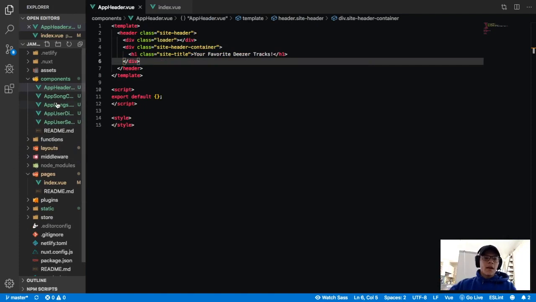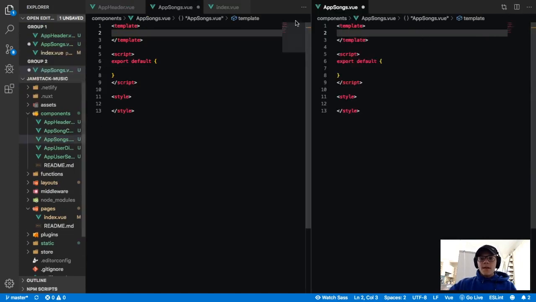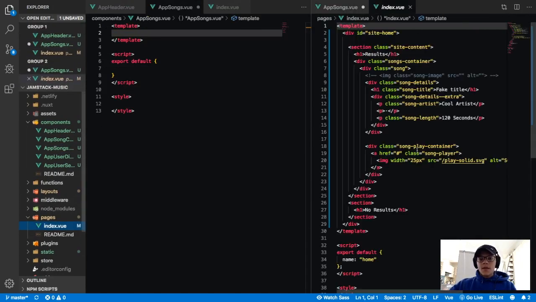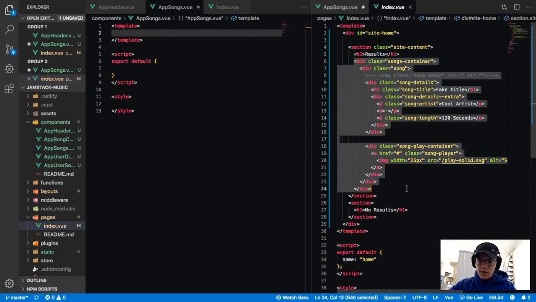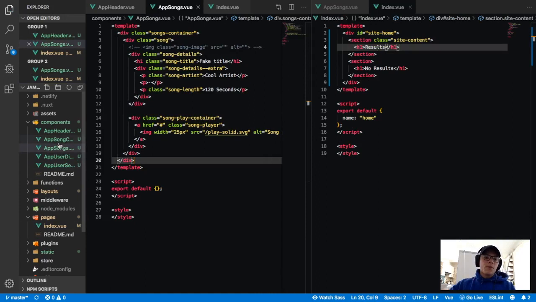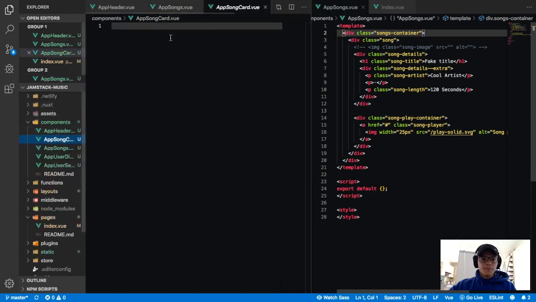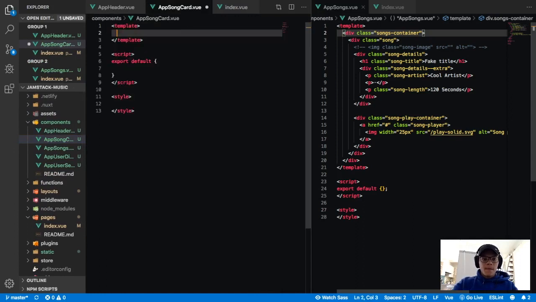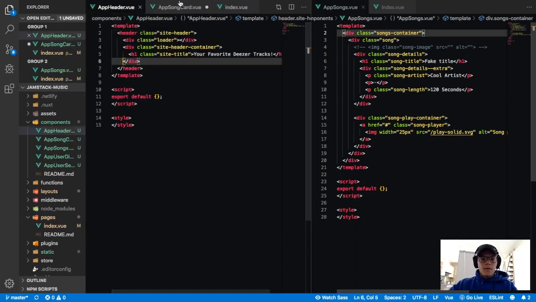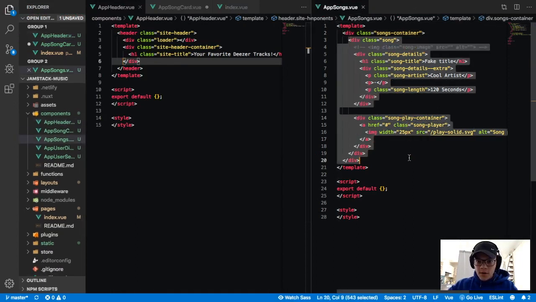Next we want to handle the app songs. So the app songs will have a view, and we can split this again up here, and then what we want to do is open our index, and then we have our app songs. So we can take this entire songs container, just remove that and put that in here and save. But we also want to put our song card, which will start over, we can open it here, app song card, close songs, we'll do view, so we can do app songs and remove this song and put it in our